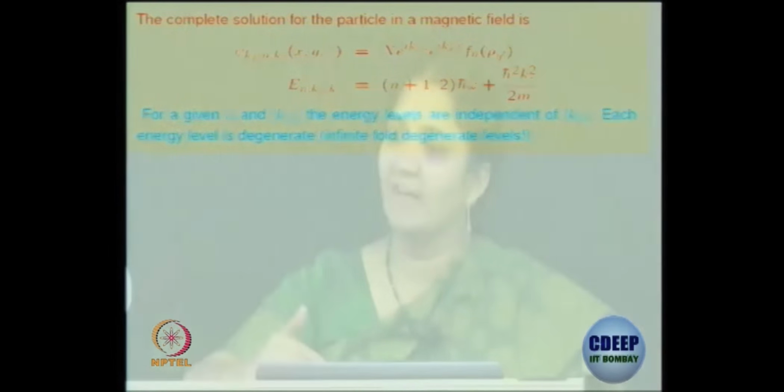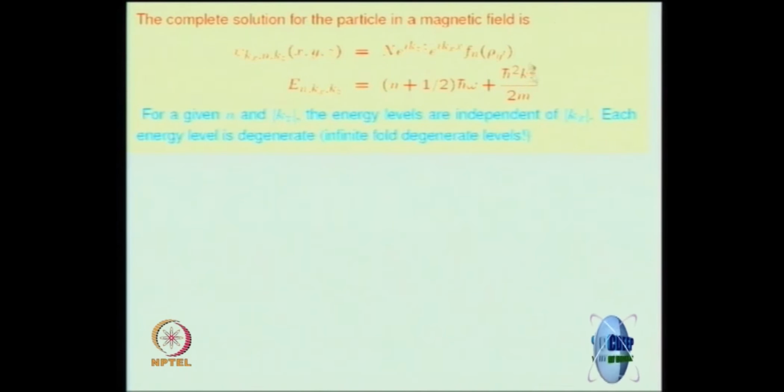The harmonic oscillator gets shifted by coordinate y to y prime, where y prime is dependent on kx, but the energy does not get contribution because there are only two equations, the E1 and the E minus E1. E1 was n plus half h cross omega, E minus E1 was h cross squared kz squared over 2m. There is no kx. So what does this tell you? There is a degeneracy. Kx can be anything for a given n and a given kz,